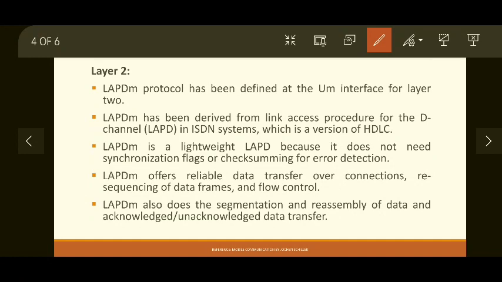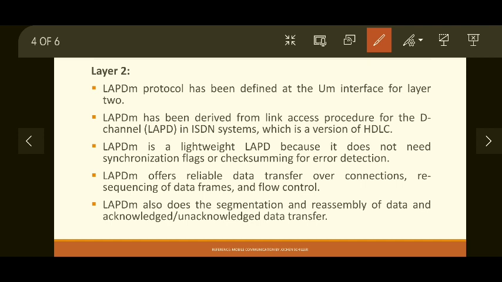While transmitting, it segments the data, while receiving, it reassembles the received data. So LAPDm is responsible for that, and it is also responsible for acknowledged and unacknowledged data transfer depending on the type of network layer protocol used. Acknowledgement is sent or not sent by the LAPDm. Okay, so this is about the second layer.